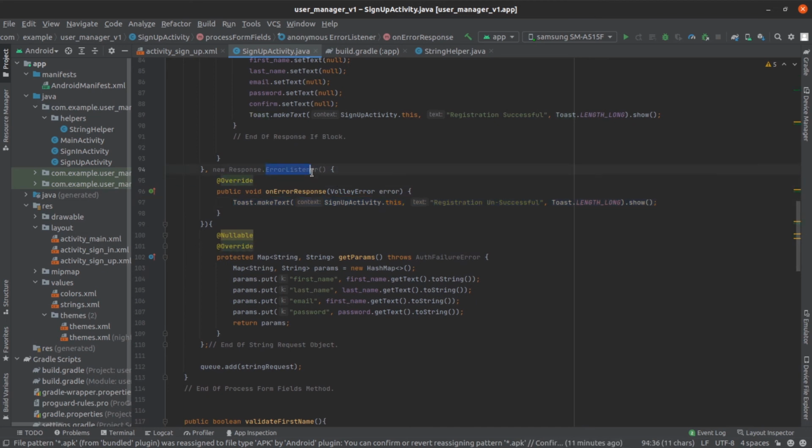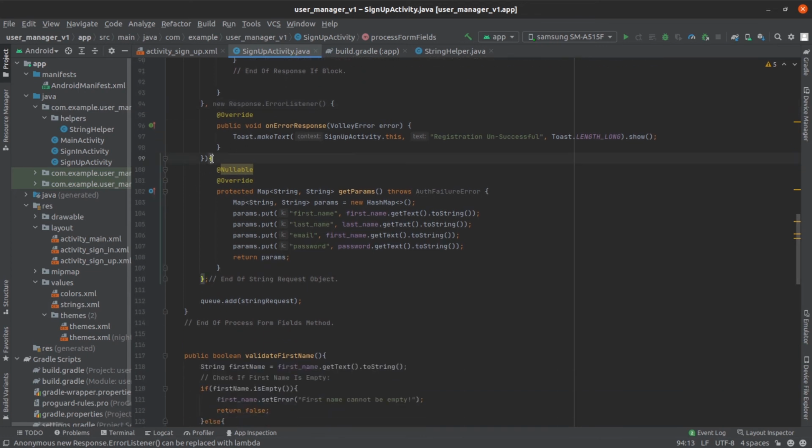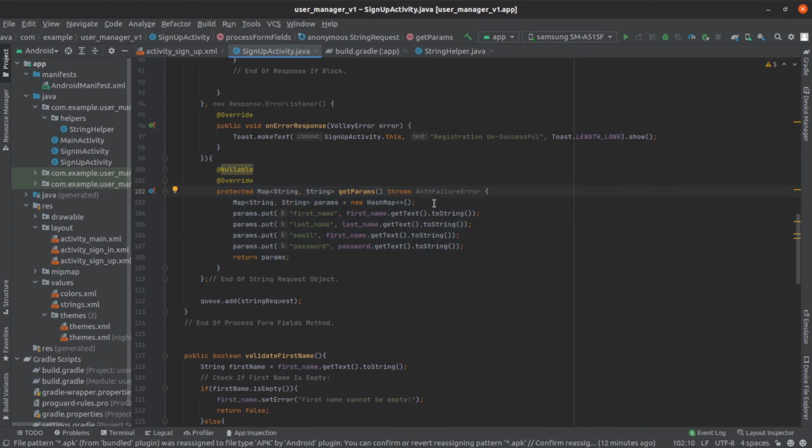that's on the on response error listener, by the way, even though it's grayed out, that's the object that's going to be used if we do get any errors. And then obviously the data that we need to post comes in here within the map object that we're getting here. So as you can see, those are the key and value pairs that we added, and then we return